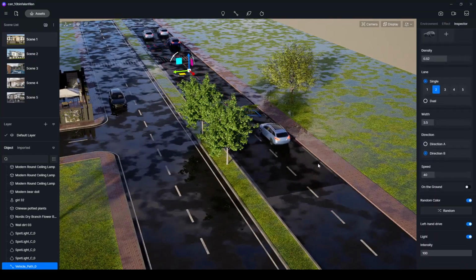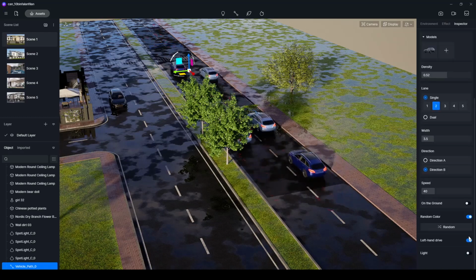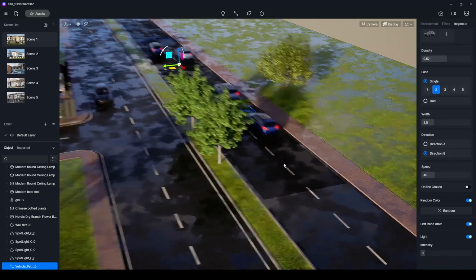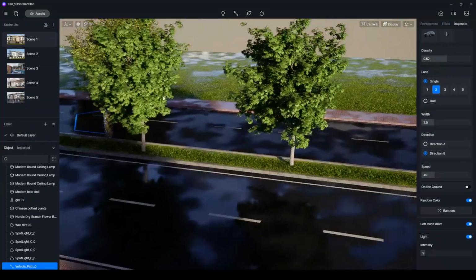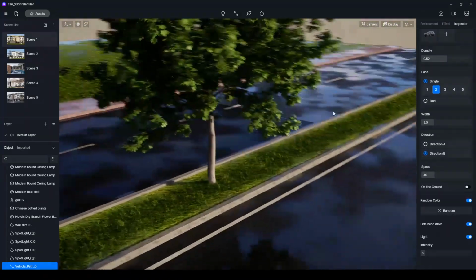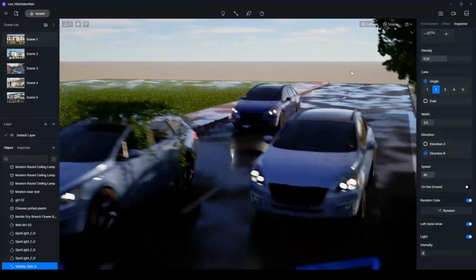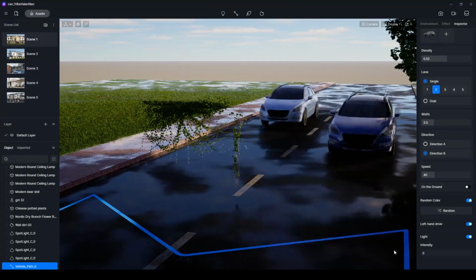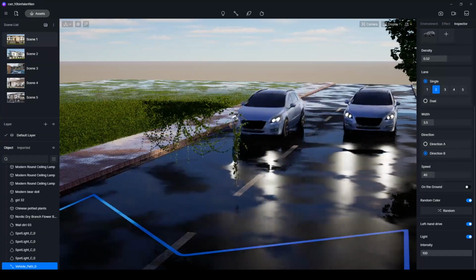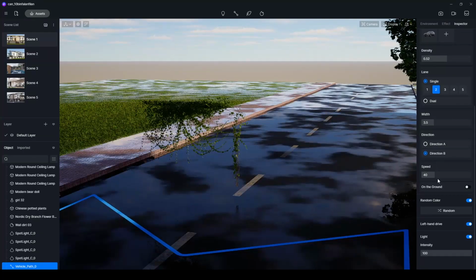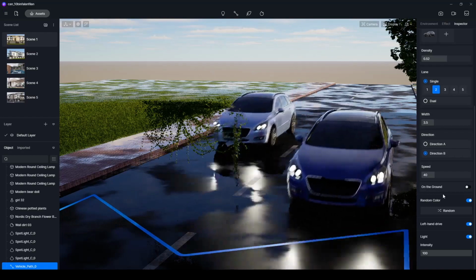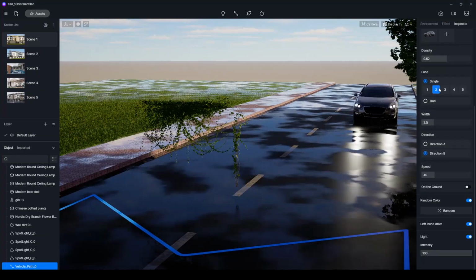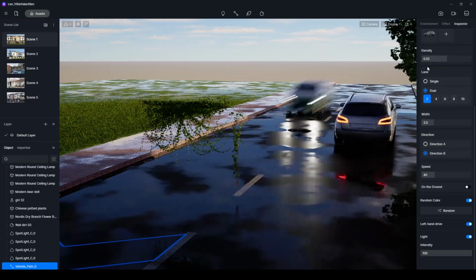For instance, now we can turn on lights and we can also increase the density of the lights, as you can see here with this angle. I'm changing the intensity of the light, and also, I cannot remember the older updates, but we have random color, we can change the width, we can decide single or dual vehicle way.